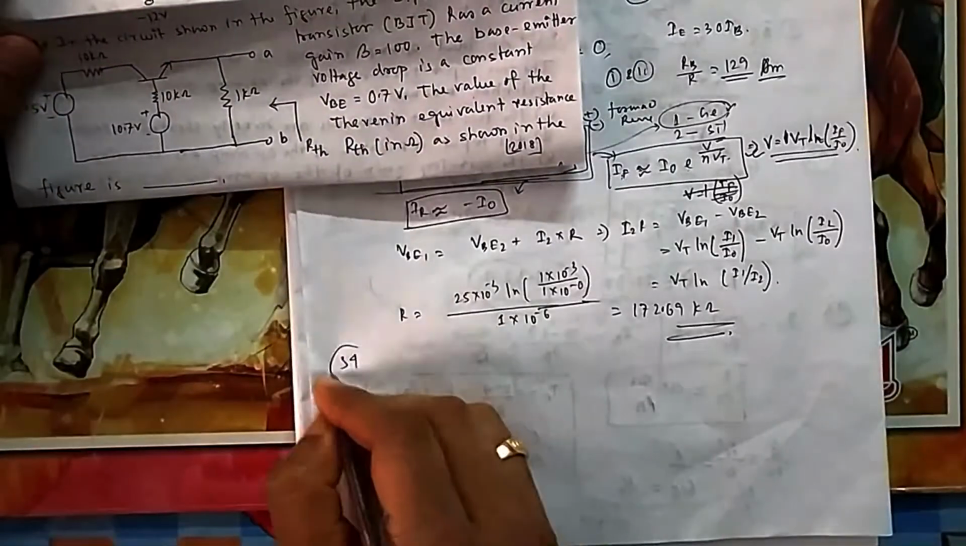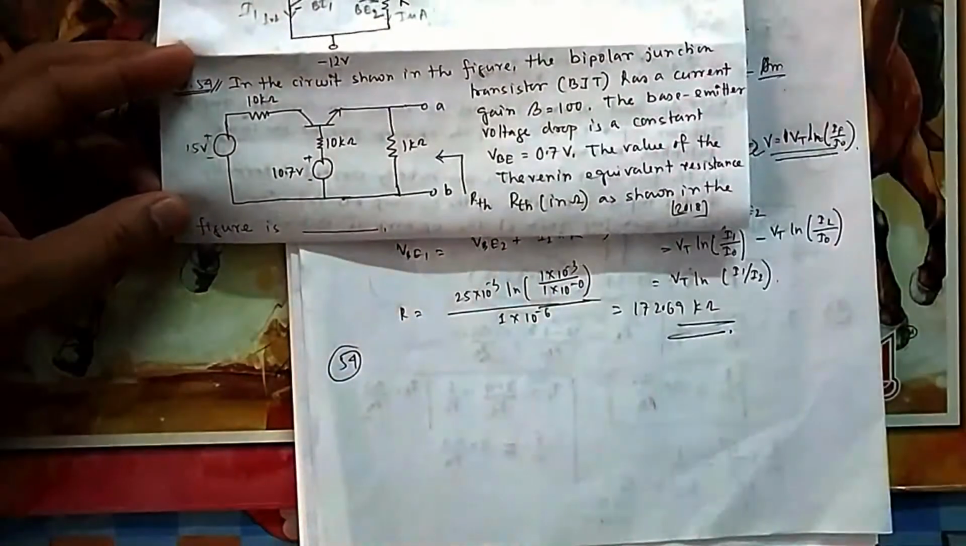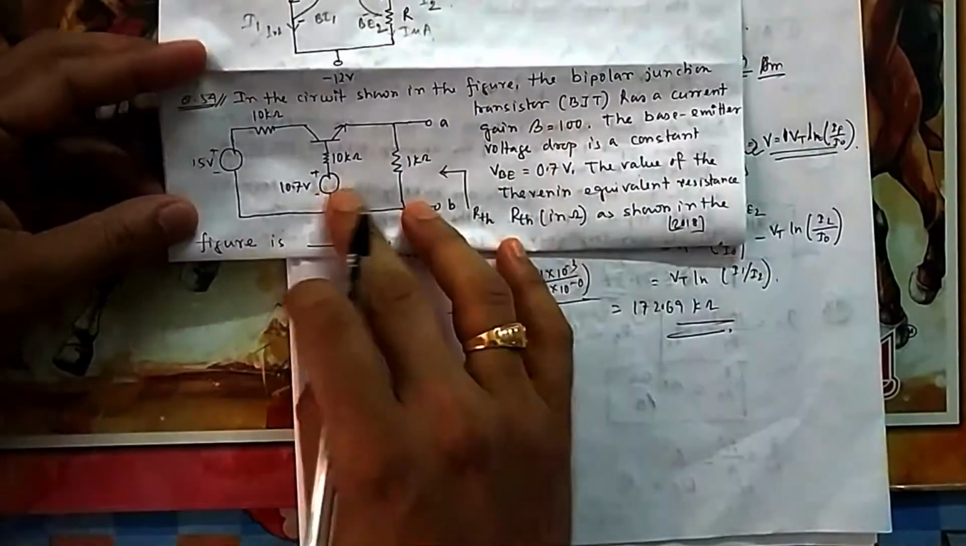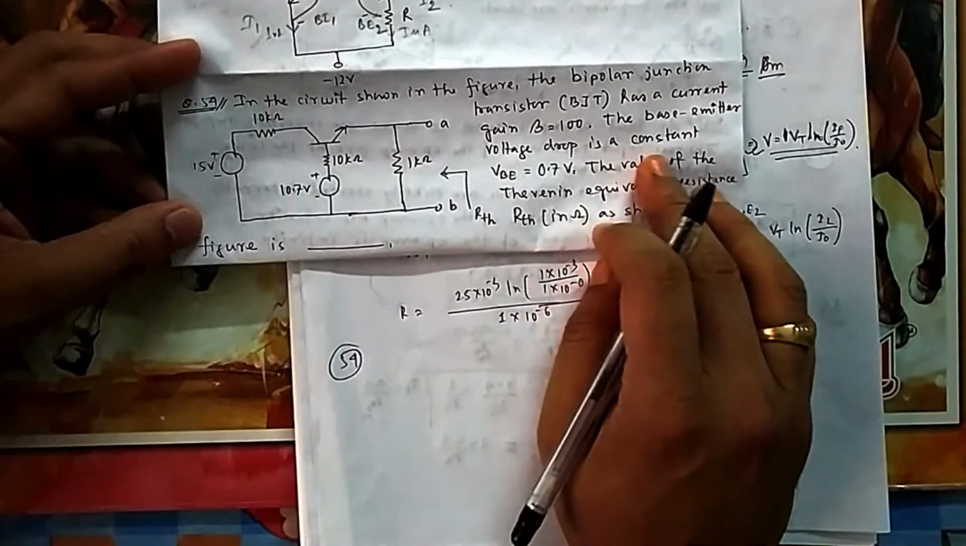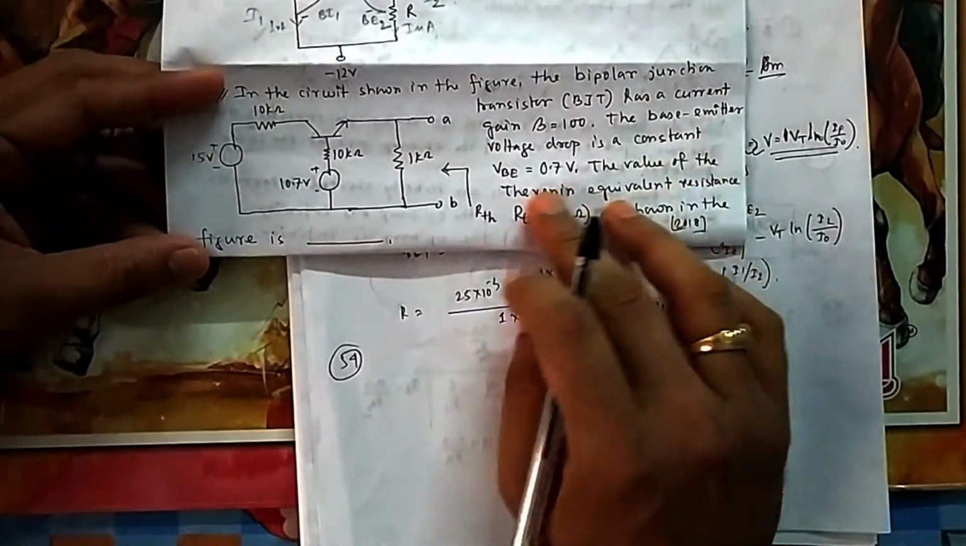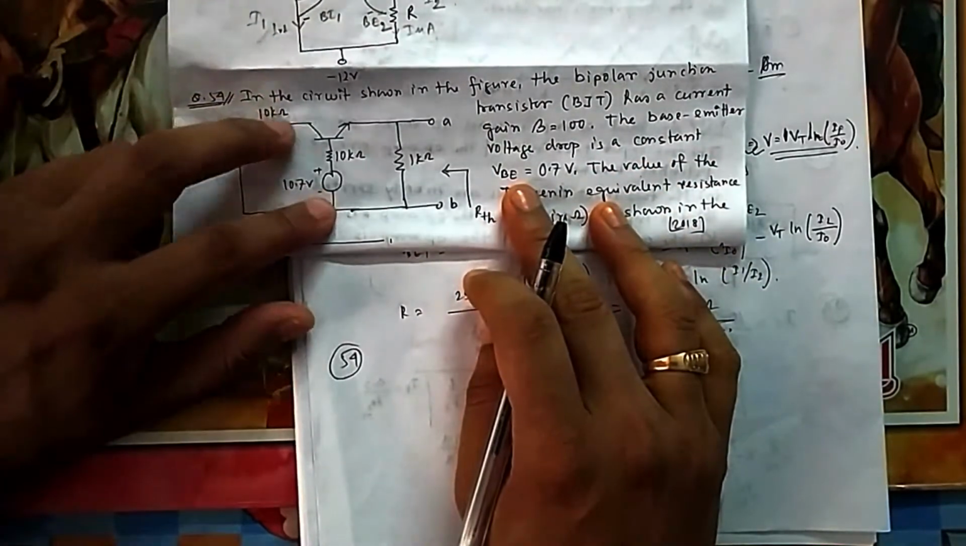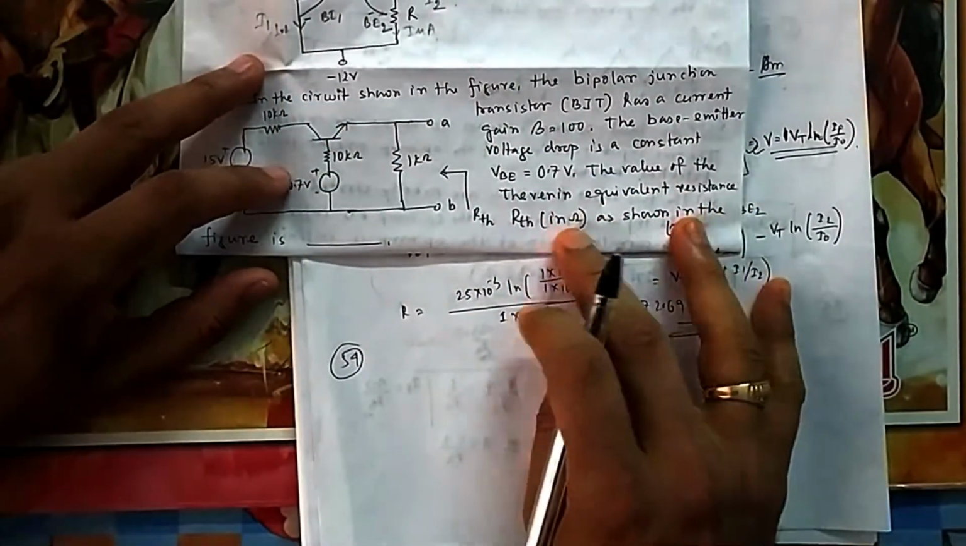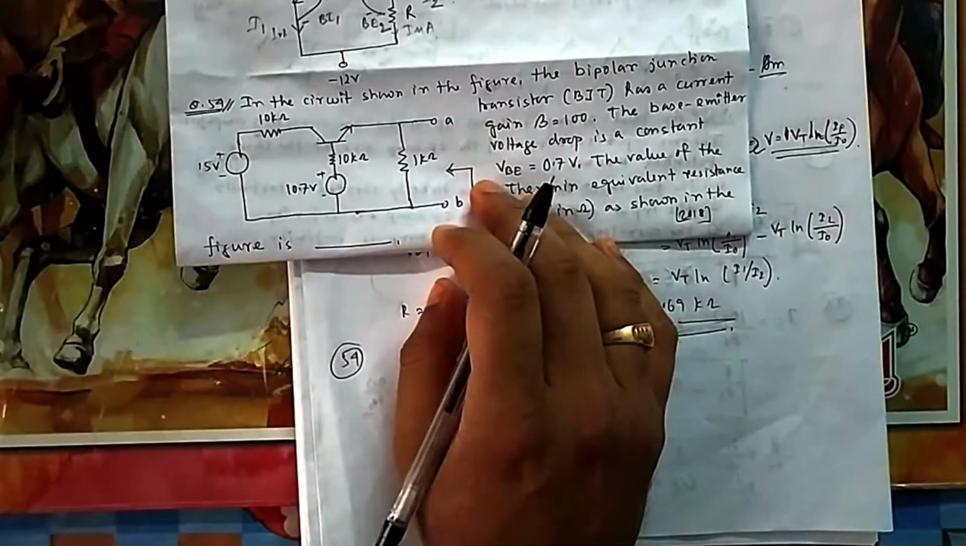So in question number 54, what they are asking is: in the circuit shown in the figure, the bipolar junction transistor BJT has a current gain of beta equal to 100, beta is given as 100. The base emitter voltage drop is constant, and VBE is given as 0.7. The value of the Thevenin's equivalent resistance RTH shown in the figure. So for RTH,